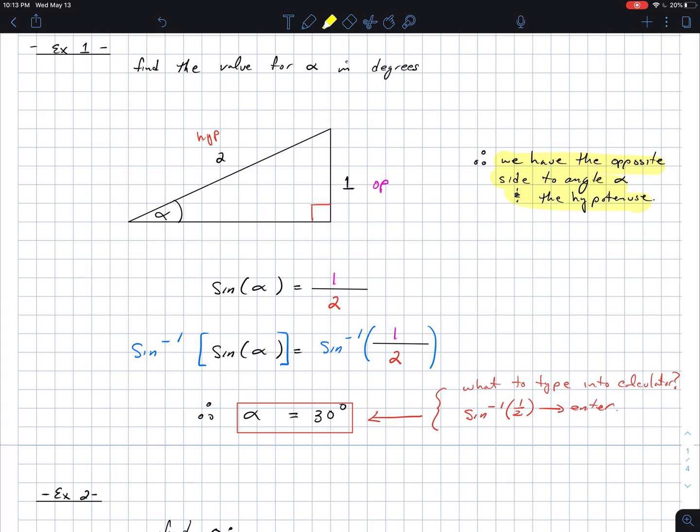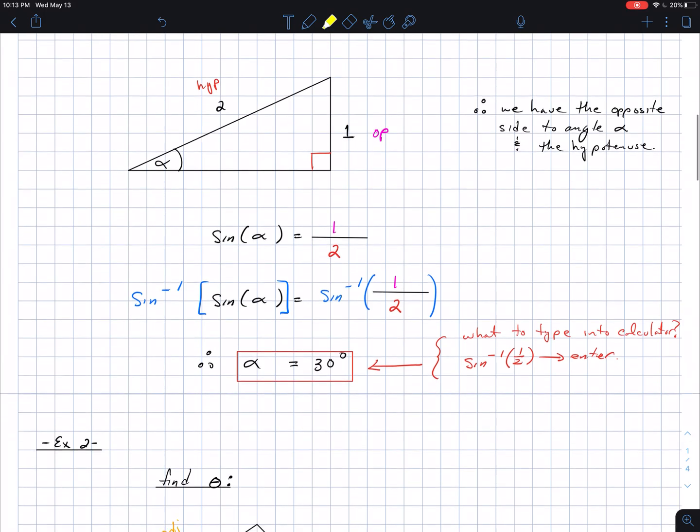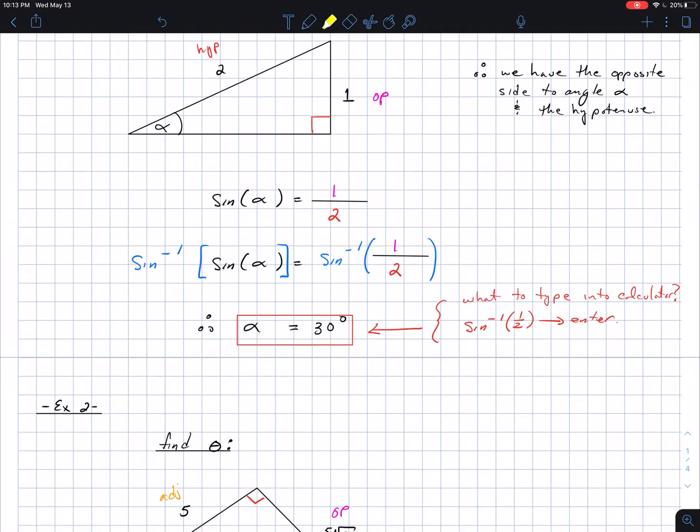I went ahead and labeled those appropriately: opposite, hypotenuse, and then I did what was suggested in the conceptual steps. I took the sine, because it dealt with opposite and hypotenuse,